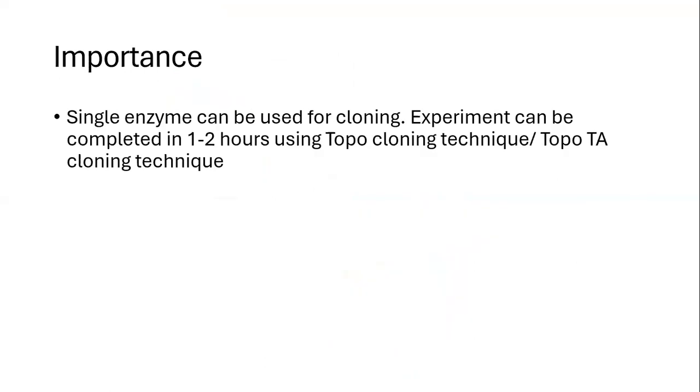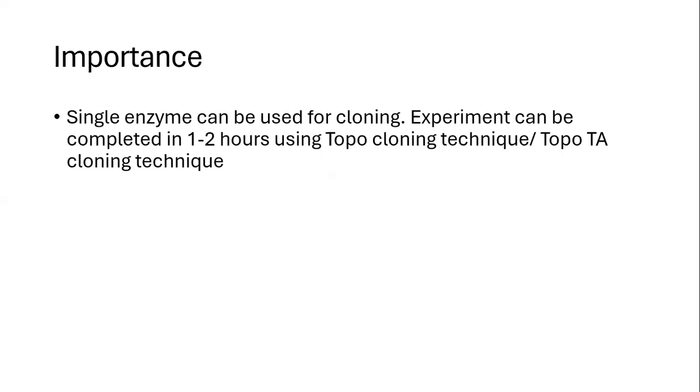And coming to the importance of the TA cloning method. If we are doing a normal cloning reaction, we need to do restriction digestion of the plasmid vector. We need to first do the PCR amplification, then digestion of the insert. Then there is a cleaning step where we column purify both fragments. Then we do a ligation reaction. The ligation reaction is generally a 4 to 5 hours minimum or overnight reaction. So overall, the restriction digestion and the ligation steps may take about 1 to 2